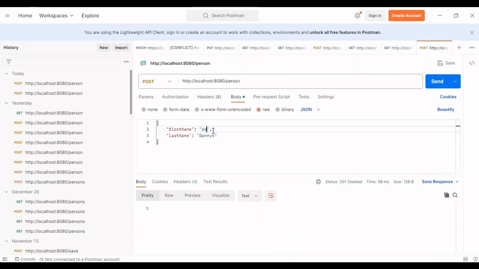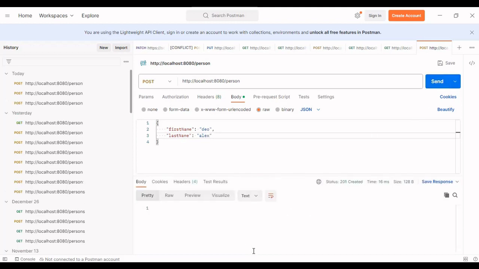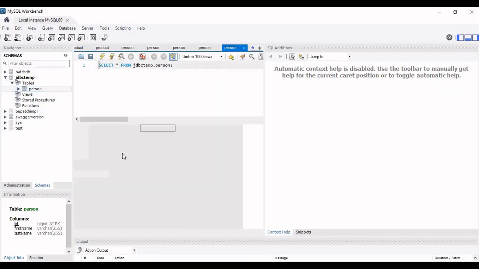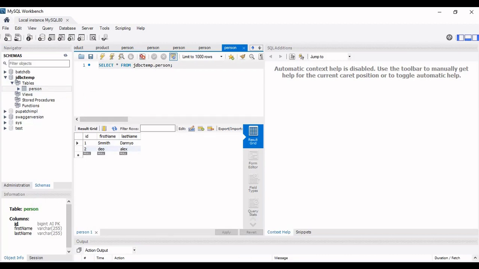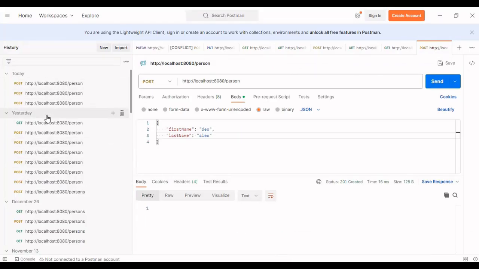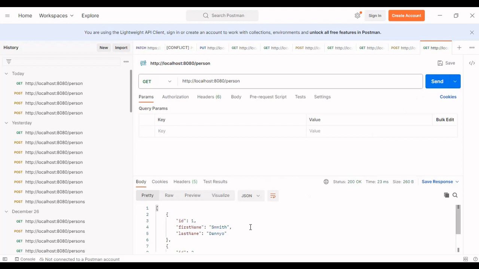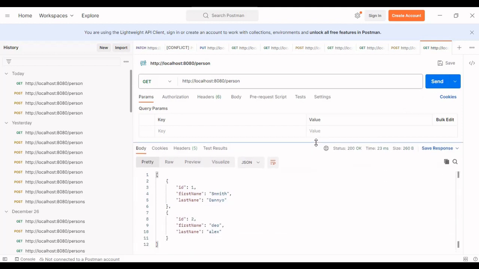let's say Dio Alex, and let me put this data as well. So it says created. Let me refresh this again. So we have two entries. Now if I go to the get call and hit the get call through Postman, these two data should be returned to us, right? So yes, you can see that these two data are being returned to me that I have inserted using